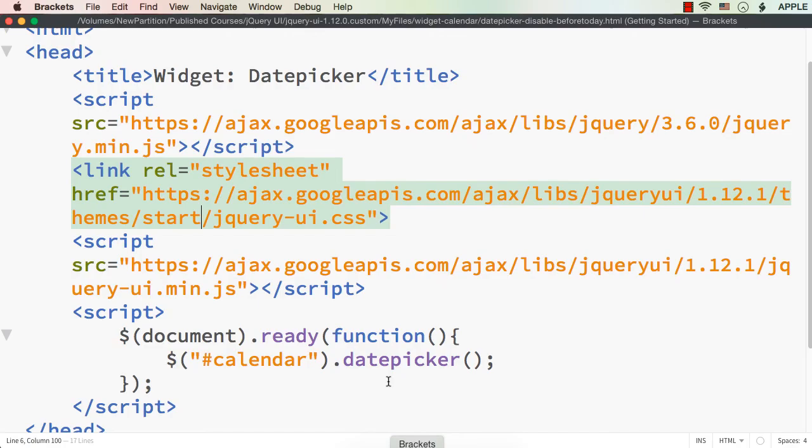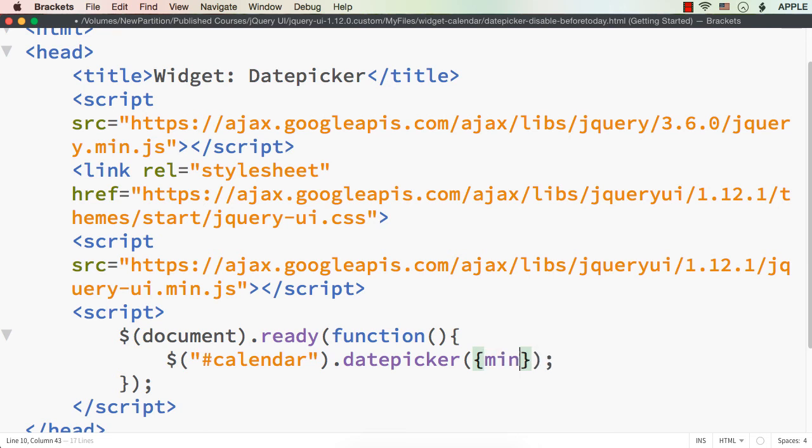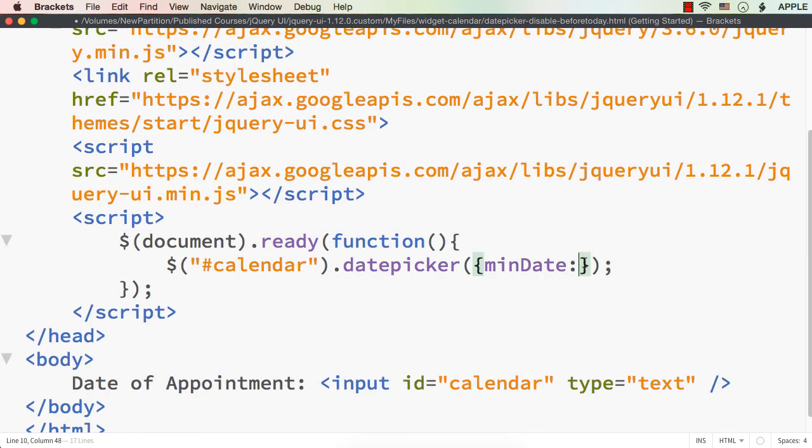So inside this, as I have to specify an option, I am putting curly braces and specifying minDate, and the value of minDate is null by default. So if I do not specify any date, there will be no minimum selectable date, which means all the dates will be selectable. If I specify a minimum date as a number, suppose I specify 5, what will happen?